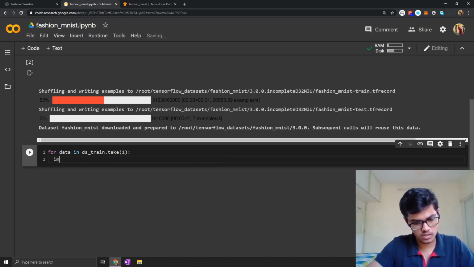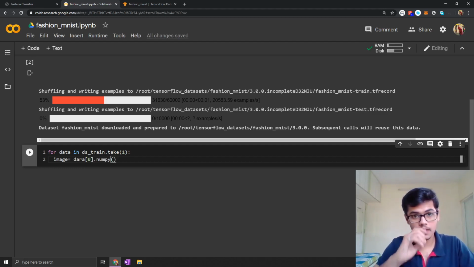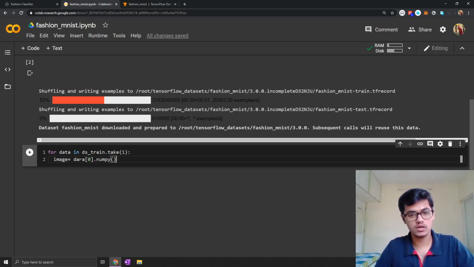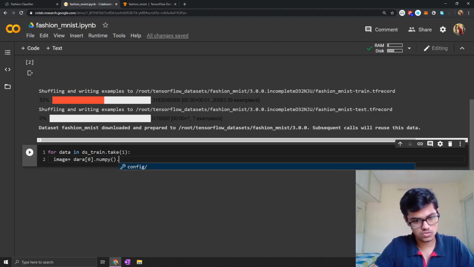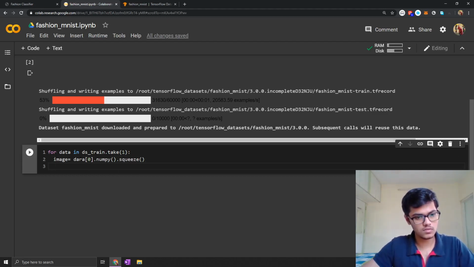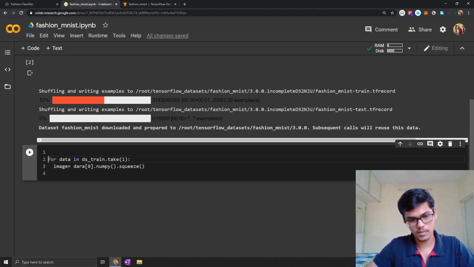Okay, enough of that. So we will load the image. Everything is in NumPy array format, so we will get the values by using NumPy. For plotting we need matplotlib also.